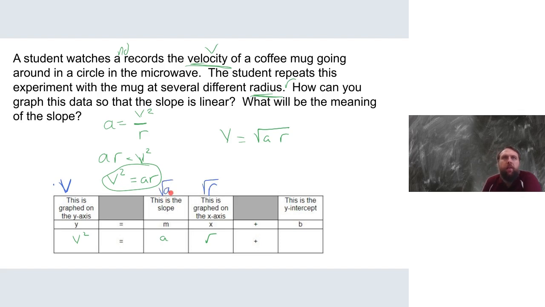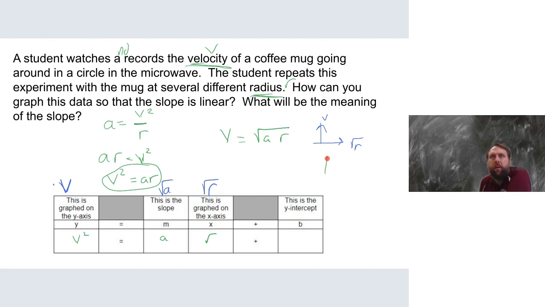Okay. And so you're probably wondering, well, how do you know which one to do? Which one is right? They're both right. It just depends on what you want. Do you want your slope to be acceleration or the square root of acceleration? Okay. And both graphs will be linear. You could graph v squared versus r. So in blue, you're graphing velocity versus the square root of r. And if you did the green on the bottom,